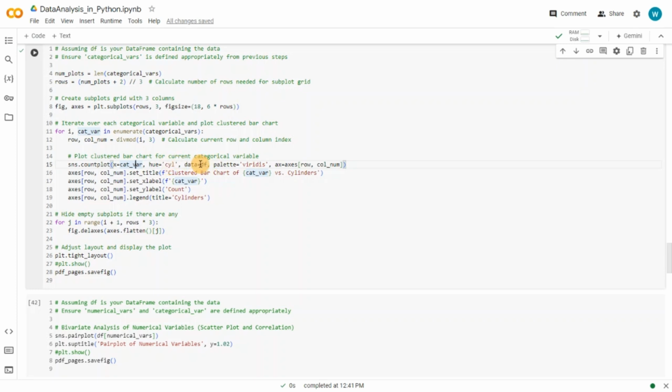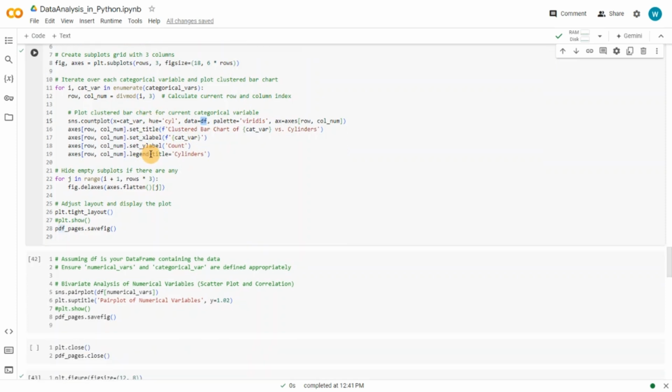I'm giving the data frame, and here again this is the axis where I want to place each subplot. So the first one will go in row 0, column 0, second in row 0, column 1, third in row 0, column 2, fourth in row 1, column 0, and so on. And then for each of these loops, for each row and column, we will set the title, X label, Y label, and the legend. That will give you so many plots, depending on the number of categorical variables analyzed